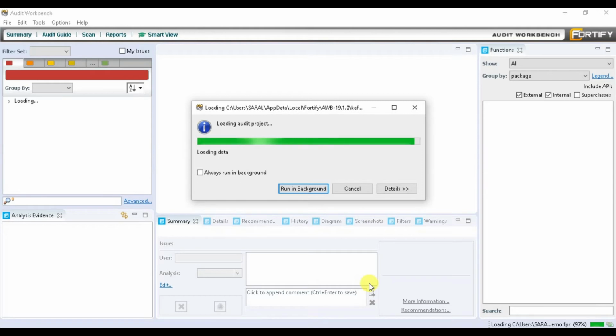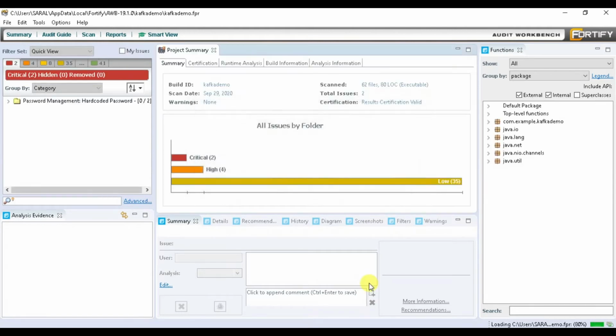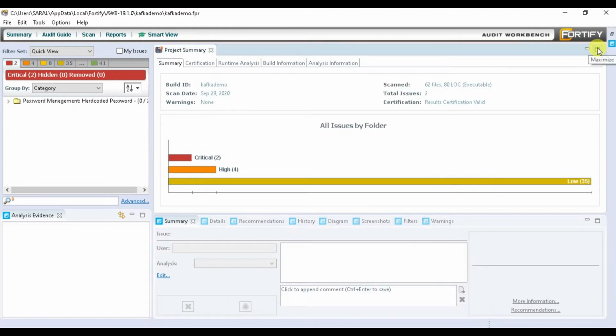It will take some time to prepare a report for you, so that you can see what issues are coming up. This is the report that is being prepared, and this is just a package structure that is showing. It shows me the critical issues and the high issues that are coming up, and mostly it puts critical issues on top of the report, and there is a summary.